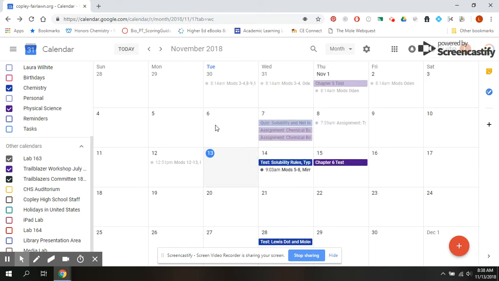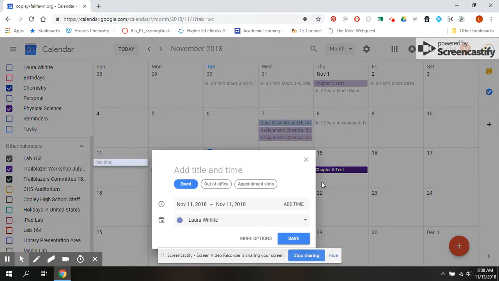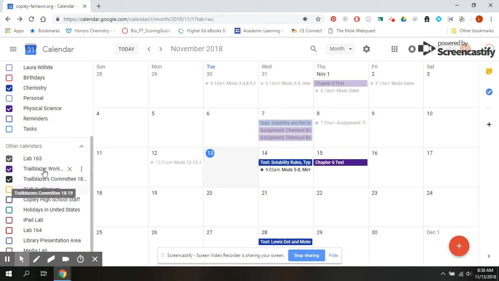So Google Calendar has a lot of great features: using it in your personal life to make sure everything's organized, using it with your students so that they can see when upcoming quizzes, assignments, homework, any important projects are, you can add all that to their Google Calendar. And then also being able to use it with your other coworkers, so being able to incorporate knowing when different things are available,